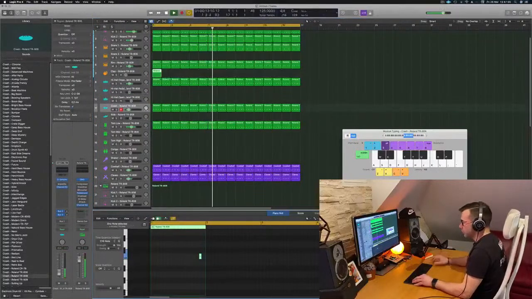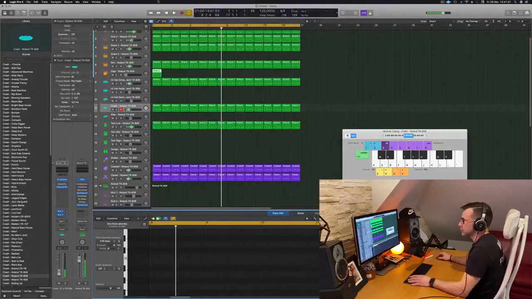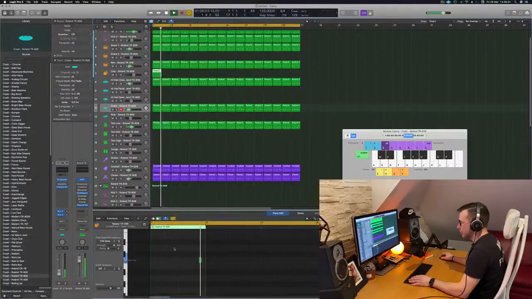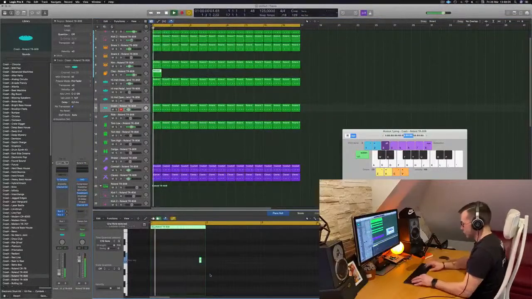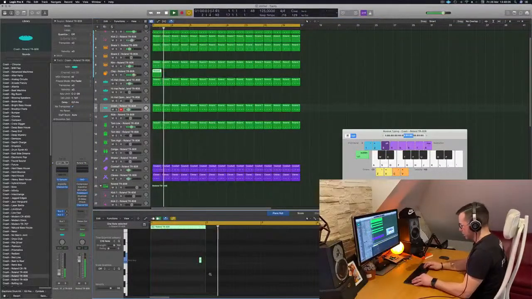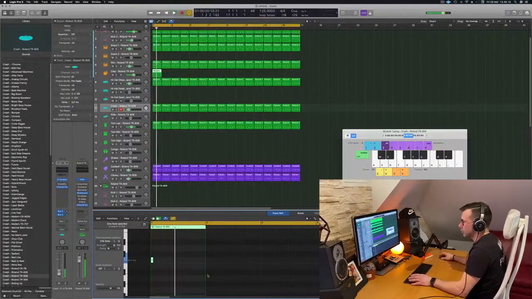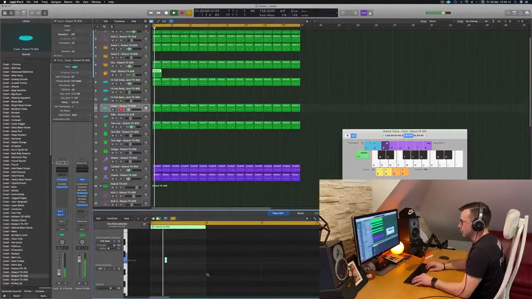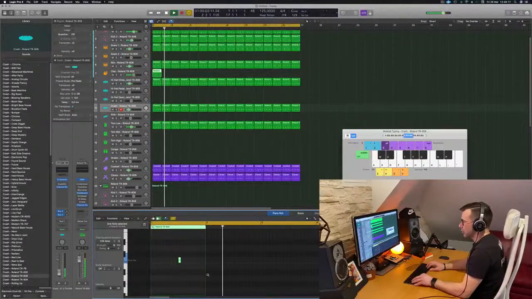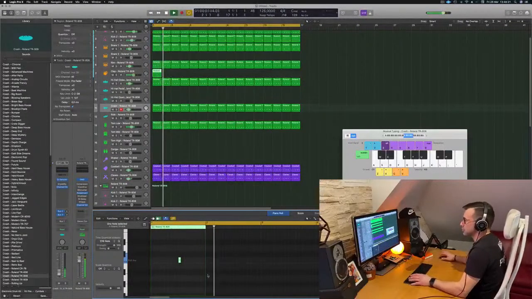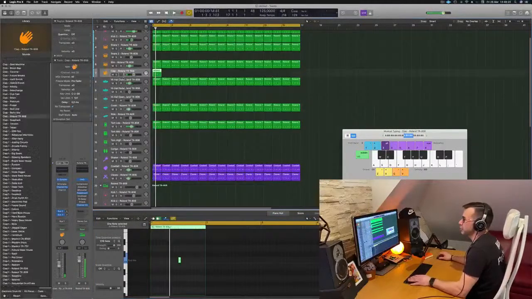Try to build the rhythm. I don't know why this is turned down. This should be at 0 or, there's many ways to do it, but I don't want it to be on top of the snare, so